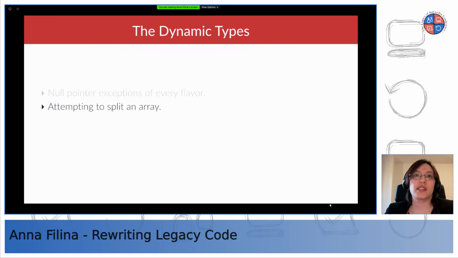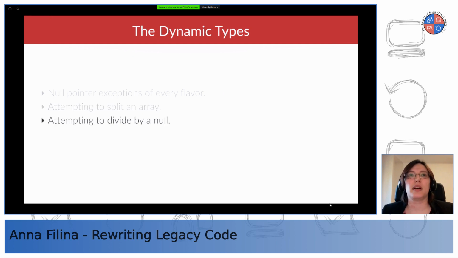And then once you have nulls or random types being passed to your method, you can do something interesting with it, like attempting to split an array. I have had errors like that, not in production, but at least in development, where I call a method and you can give it an array and it's going to attempt to split it. Usually you would want to split a string by a delimiter, let's say a comma, but then they try to split an array. That doesn't work. People can attempt to divide by null. Of course, dividing by 0 is an exception, but dividing by null just instantly teleports you to a different dimension.